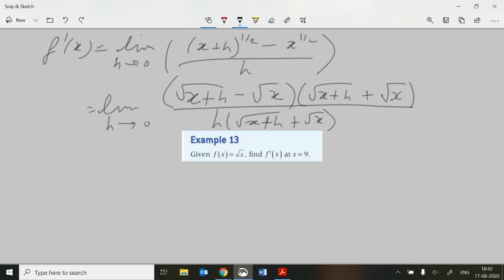Now, when we multiply out the top part there, again, we're going to get this squared take away this squared. That's just a difference of two squares format. So we're going to get x plus h take away x. And now you can see that we're going to just end up with h on the top. And if we end up with h on the top, that's going to cancel with the h on the bottom there. Now, it takes a fair bit of creativity, I think, to see that in this case,